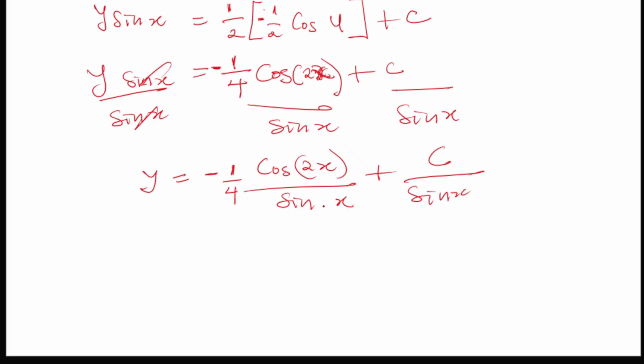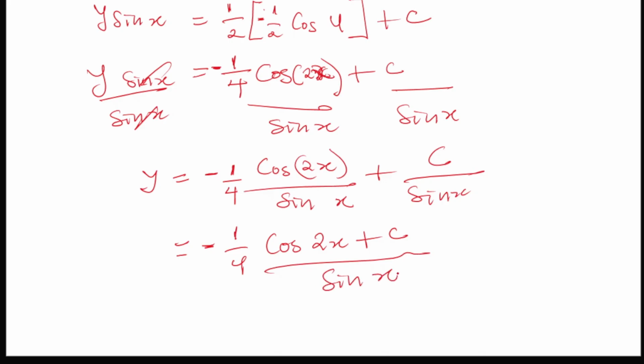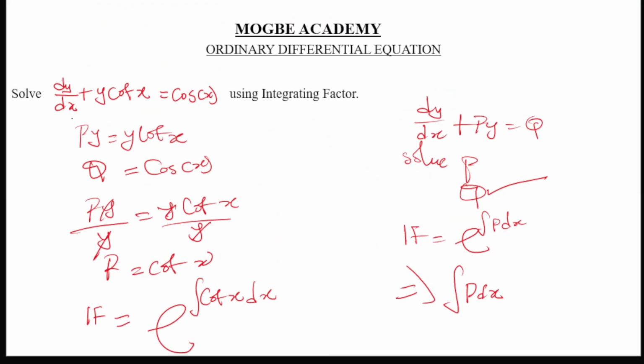Are we together? Now, what we have here can also be simplified to be minus 1 over 4 cos 2x plus c divided by sine x. So better still, you can leave your answer like this, or if you want to further simplify, you do so. Are we together? So you've gotten your value of y, and your y is now minus 1 over 4 cos 2x plus c divided by sine x. So this is how to solve a problem given to you using